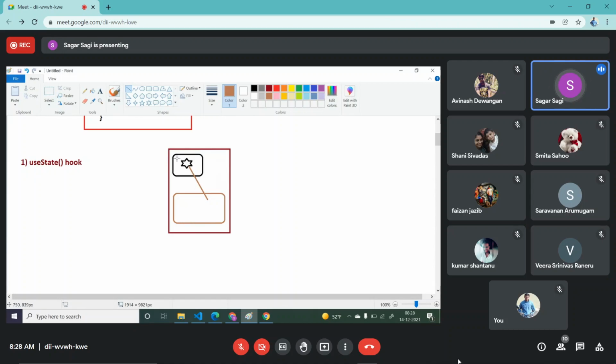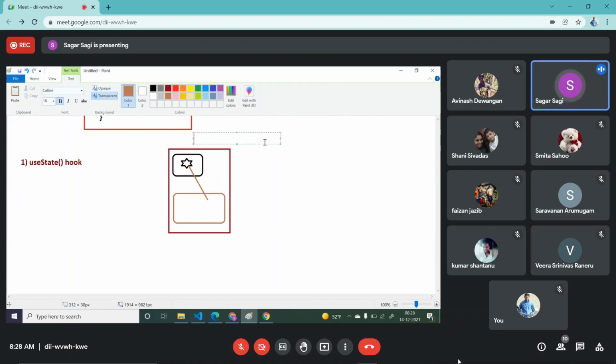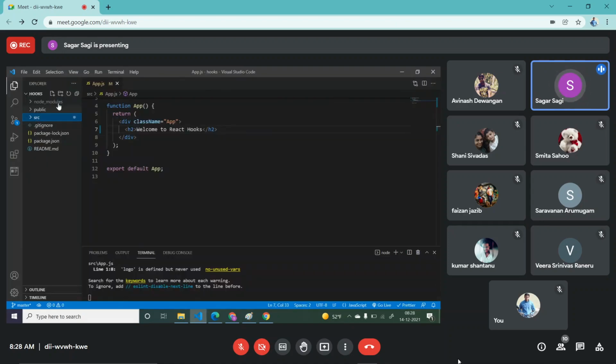So here we will see how to maintain this state in the functional component. Now this component we are going to create using functional way, not using class way. Okay, so let's see that. So first, inside this src, I'm just creating one folder called components.